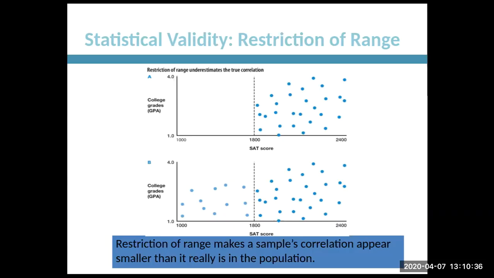So schools that are Ivy League or your Stanfords or your UCs or things like that, that have a stricter standard for people to get in, you're going to restrict the range. Anybody under 1800 in this is not going to be considered for admission. We are only going to look at the trend of people scoring between 1800 and 2400. So that would be the reason to restrict range. There's not many other reasons in the real world that I can think of, other than you only want the people who score this or higher, right?